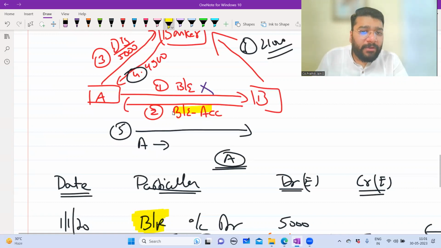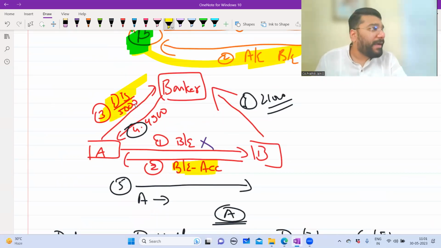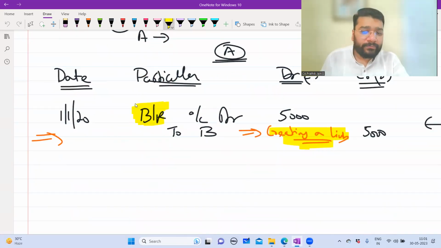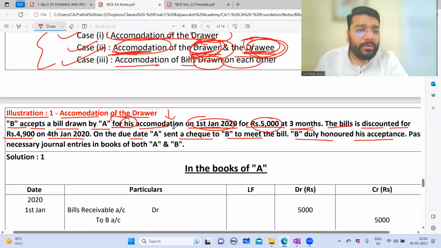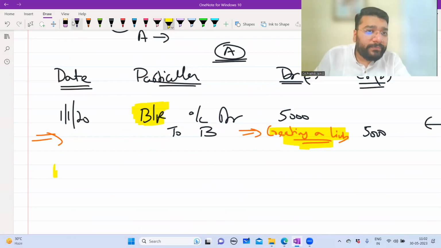For accepting the bill, we have passed the entry. Now, what is the third transaction? Sir, A is getting the bill discounted with the bank. Now, discounting entry, all of you know. Sir, this is happening on 4th of Jan 2020. Guys, date is very important. Date wrong means mark will get cut. So, 4th of,